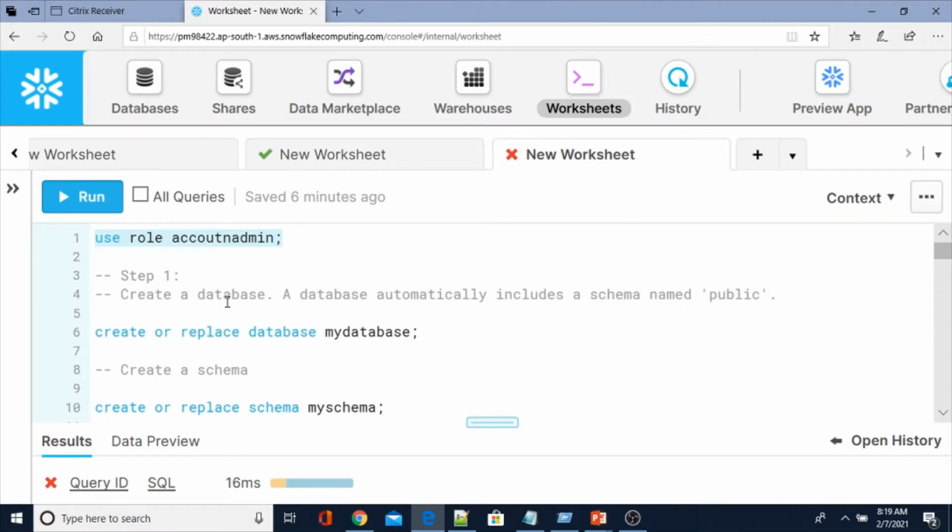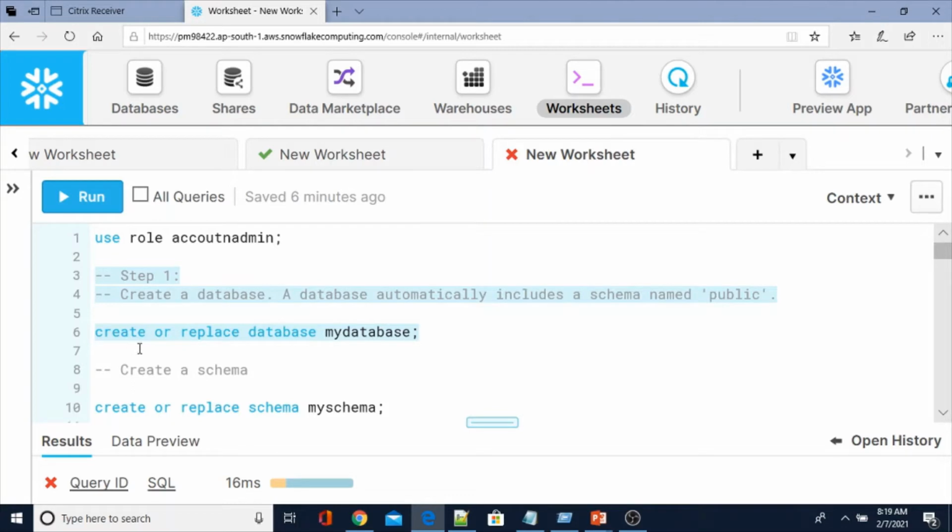Please note that if you create any database in Snowflake, it automatically includes a schema called public, where you can create objects, and one more schema called information schema, which is read only. So here I am going to create a database and also my own schema.